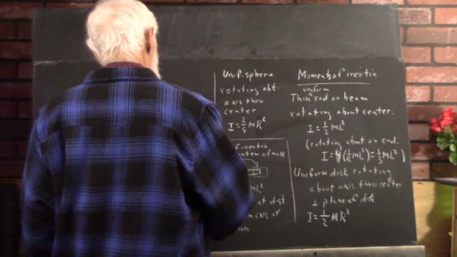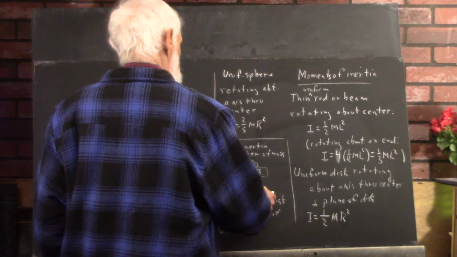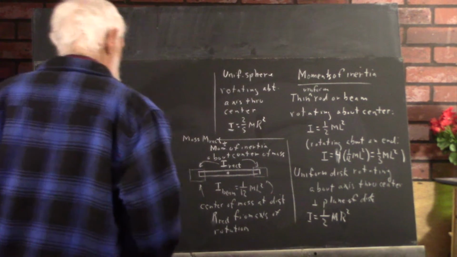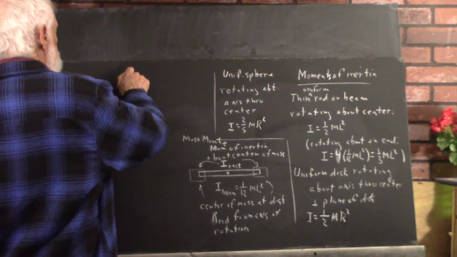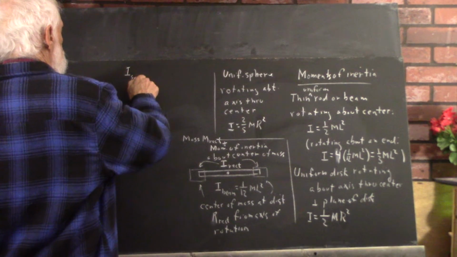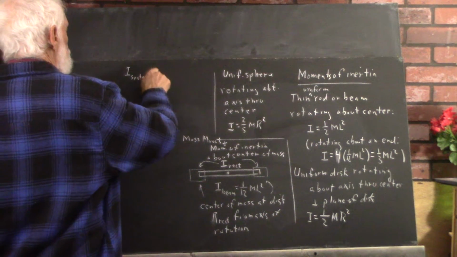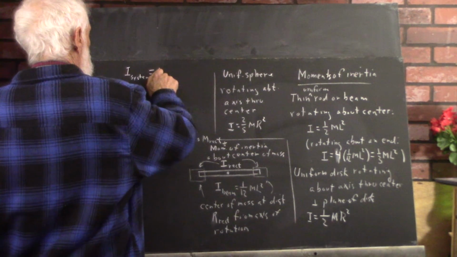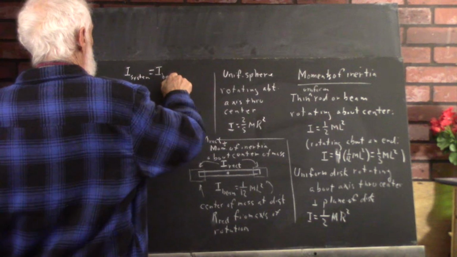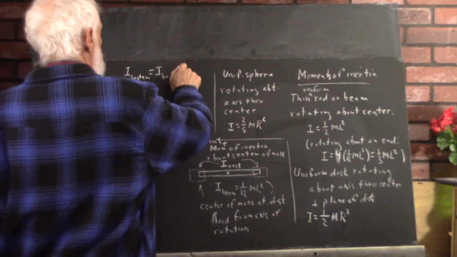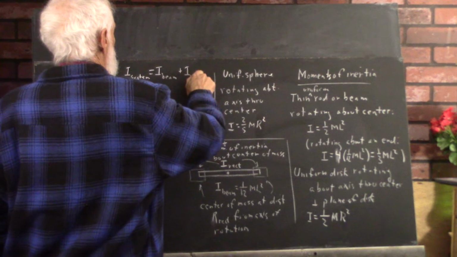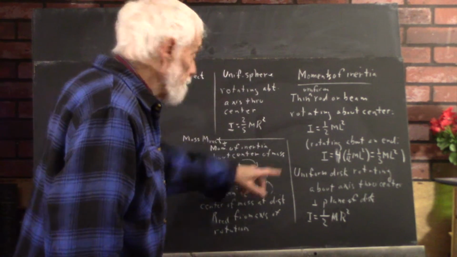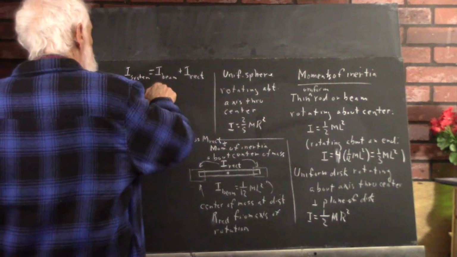From the axis of rotation for each of them. Well, then the moment of inertia of the system is the moment of inertia of the beam plus the moment of inertia of the rectangle about its center of mass plus